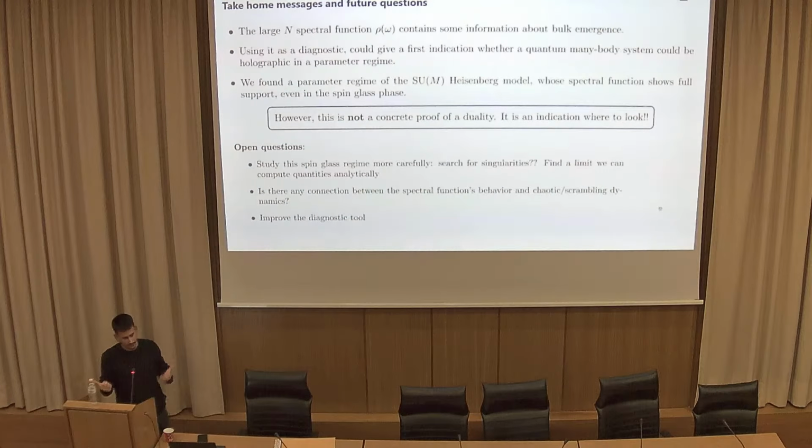If there could be some duality to this multi-horizon picture, we should maybe search for these singularities. There was a paper very recently that used the behavior of spectral functions in the complex plane for the SYK model, for example. They claimed that from the position of the poles of this spectral function in the complex plane, you could say a few things about singularities. Naively thinking, maybe we could apply that to that specific regime of the spin glass model.